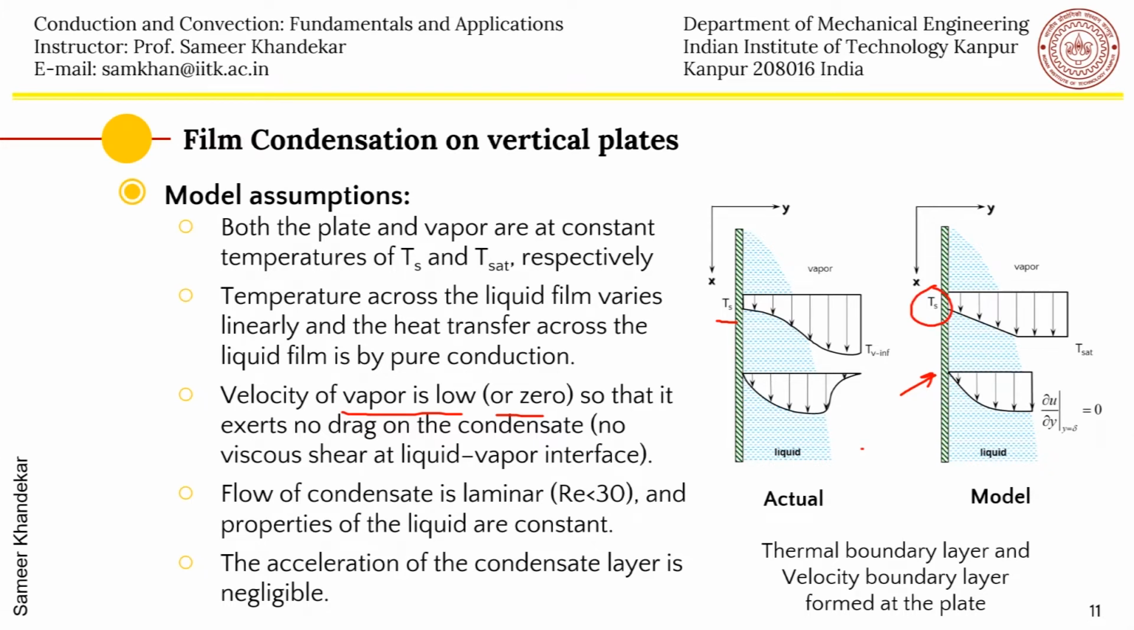This leads to a linear profile, and then the flow of condensate is also laminar. We will assume that we are working only in the laminar region, so the turbulent region is neglected. That is why here only the convective component is neglected, and the liquid properties are constant. We will not assume that k is a function of temperature, or mu is a function of temperature. And lastly, the assumption is that the acceleration of the condensate layer is negligible, which essentially means